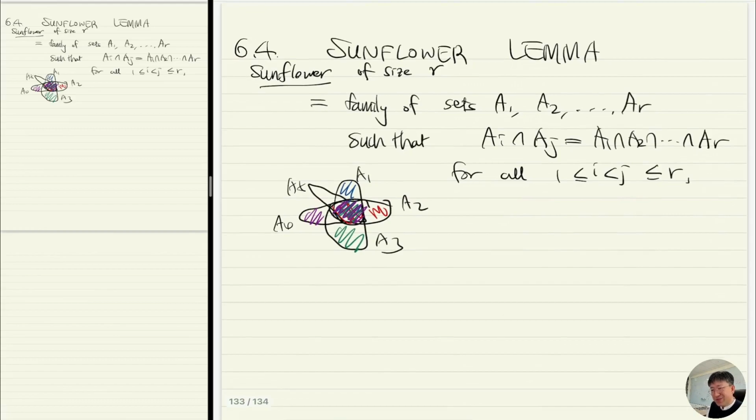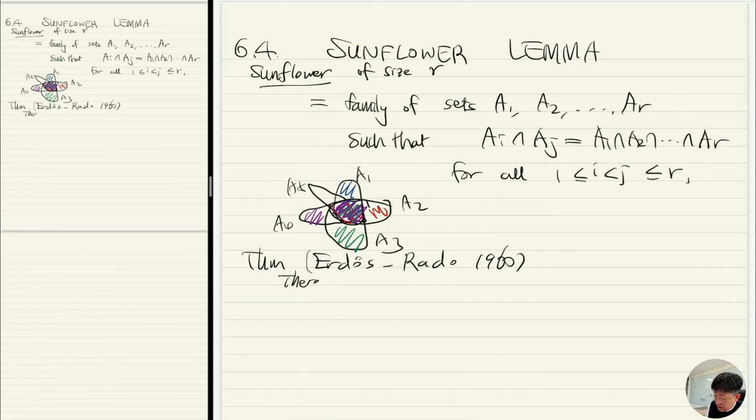And this is a very useful tool for many extremal problems and algorithms. It has many applications. And you can guess that the name comes from the actual picture of a sunflower. Erdős and Rado proved in 1960 that if you have many sets of the same size, then you must have a sunflower. There exists a function f(k, r) such that